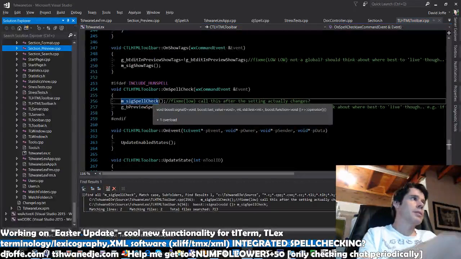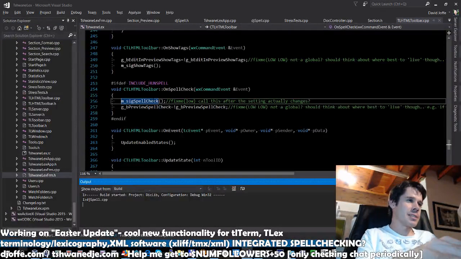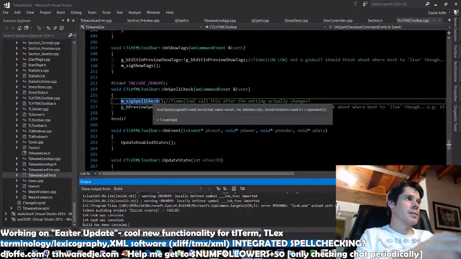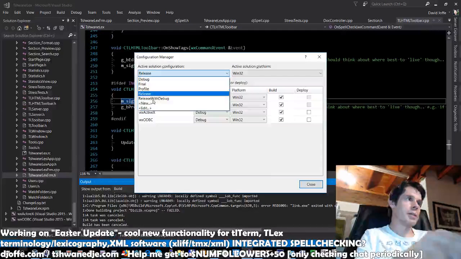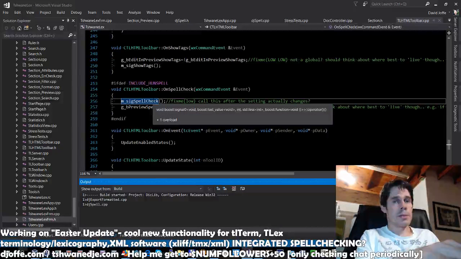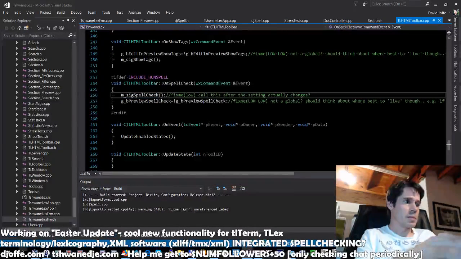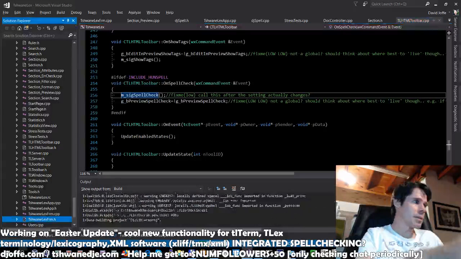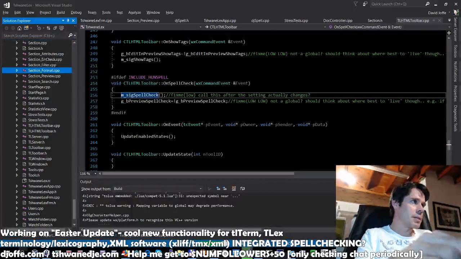Then what we need is a way for the user to turn the Spellchecker on. And I've decided that instead of, for now, that whole story of doing the toolbar, which is probably not a 10-minute job, that's possibly a bit of a bigger job, I don't want to immediately do it there. What I want to do, in the preview, there's a